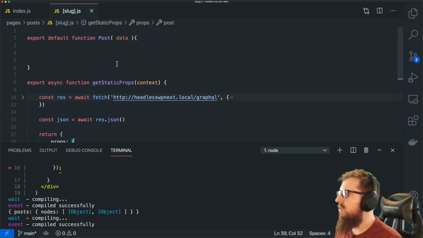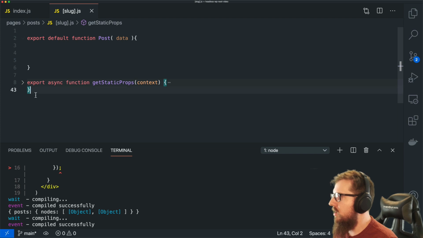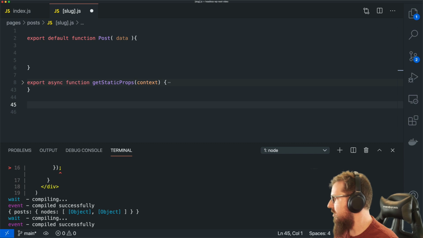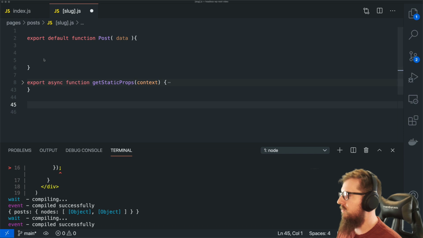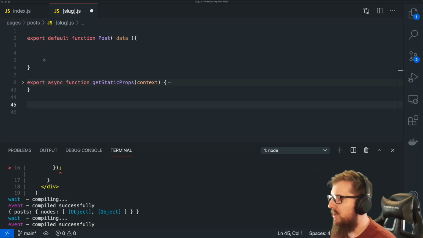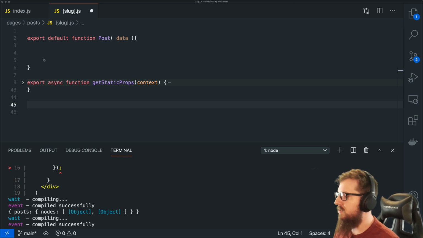Now, that's only for that individual page. What we need to do in addition to that is tell Next.js what paths we want to make sure get created when the build happens. So we know that when we visit that page, we need to grab this information, but we need to make sure those pages are created at build time, because we're going to pre-render all of these components. So when we run npm run build, it's going to run this query,